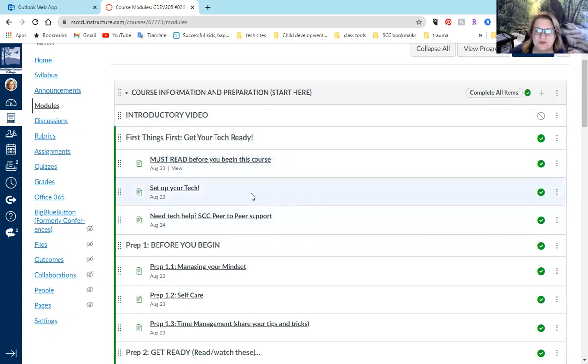Set up your tech. This is just giving you a reminder on your settings, your profile picture. Download the Canvas app and the Pronto app if you're willing to do that. I do. It's fantastic. And then the peer-to-peer support help for Canvas, financial aid, everything. I have students enrolled in this class who used to be on that help desk, so it's awesome that we have students who want to help students. Sometimes I say, hey, just call the Canvas help desk, and they say, no, I don't want to bother them. I've called those guys at 2 a.m.